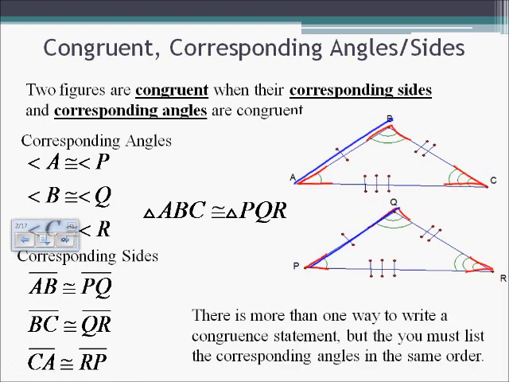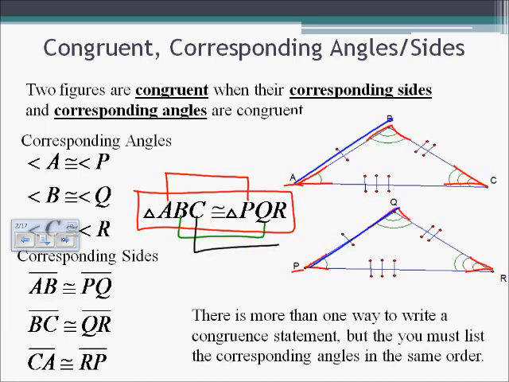There is more than one way to write a congruence statement, but you must list the corresponding angles in the same order. So the congruence statement here is triangle ABC and PQR. Order is very important. Please note that A and P are in the same spot because A and P are congruent to each other. Same thing with B and Q and C and R. Each one of those has to be across from the other in the congruent statement, otherwise it does not show congruency properly. So you could change it and write